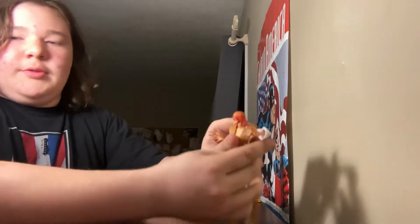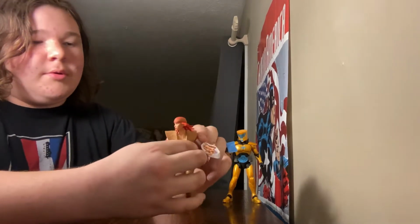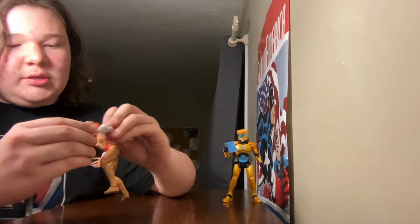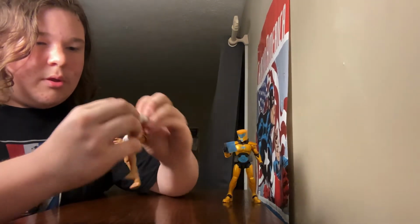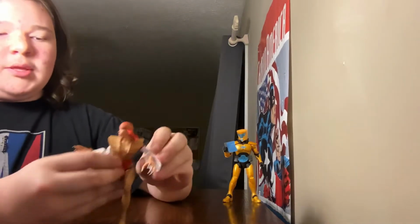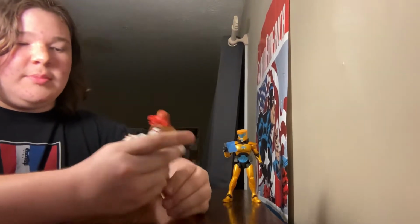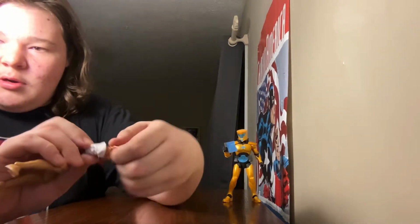Her arm comes out this far, can go down all the way. She has one bend instead of a double bend at the elbow, and her wrist also does swivel, and it can hinge and all that, but due to it being so thin, I don't really like it, because I'm worried that it'll stress the plastic. But this side's a little better. It can go up and